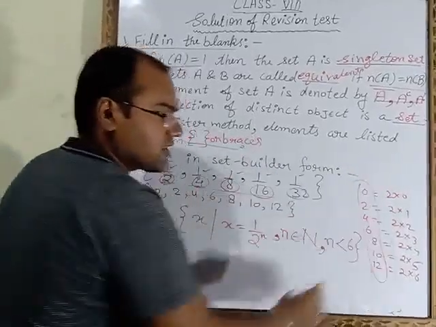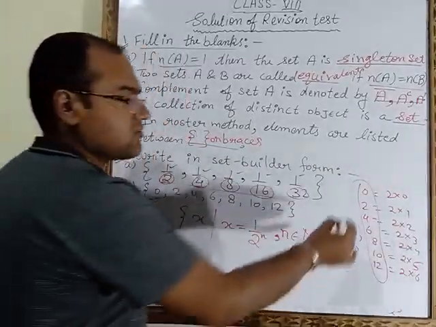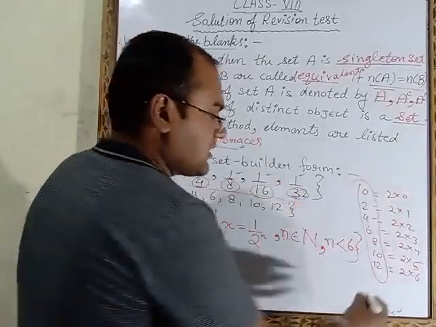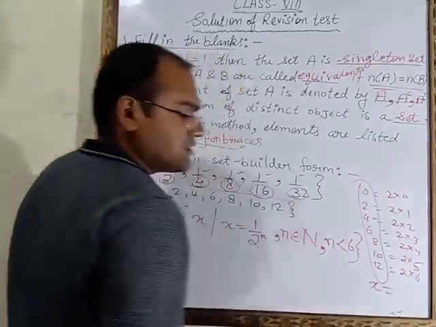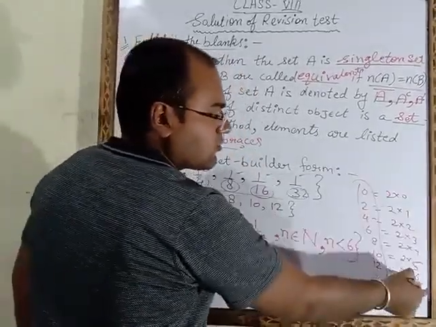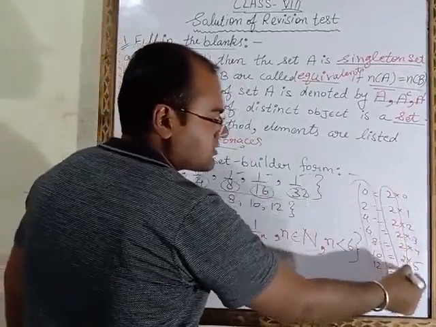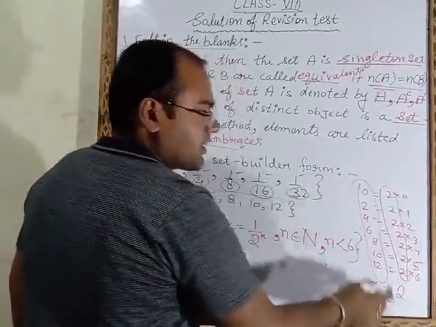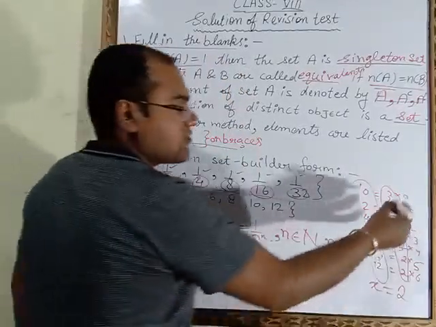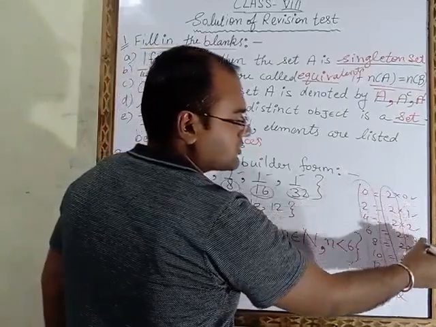These all values, what are these values? These are the values of x. That means this x value is equal to, these are the multiples of 2. 2 is coming in every number, so here we will write 2. But what is changing here? Here we will observe that these numbers are changing.